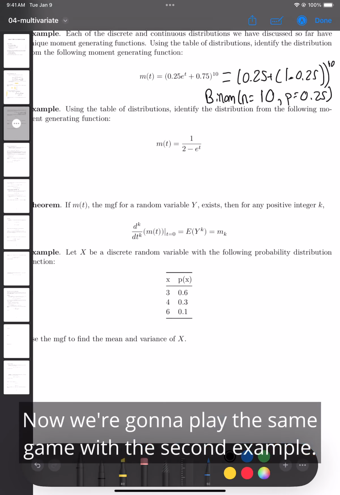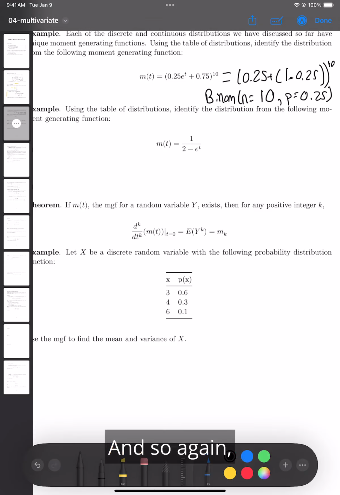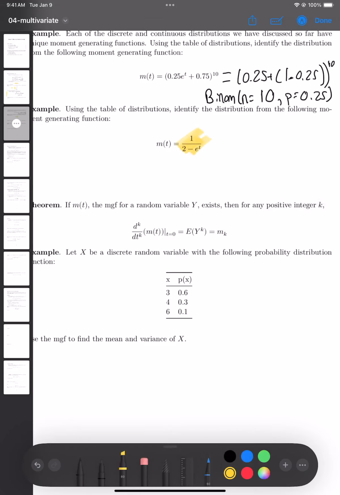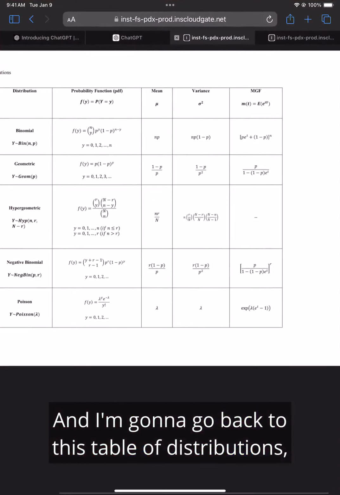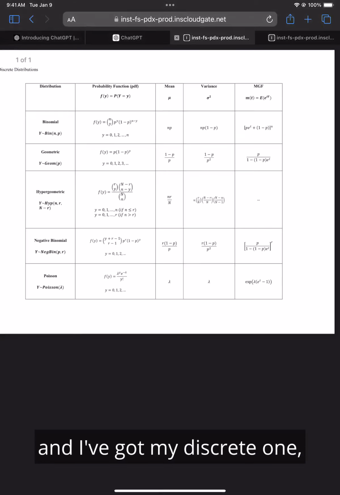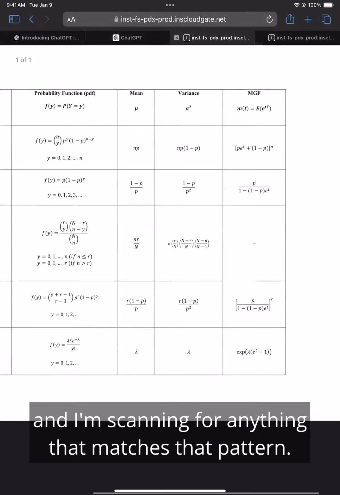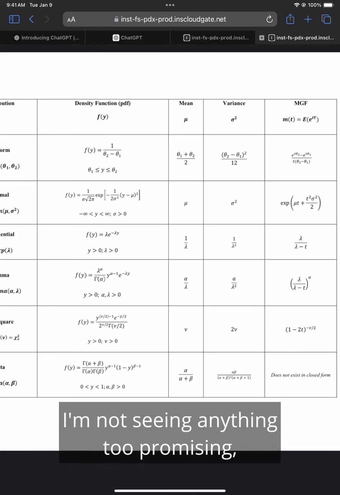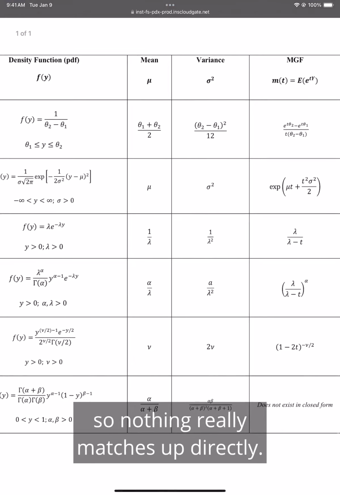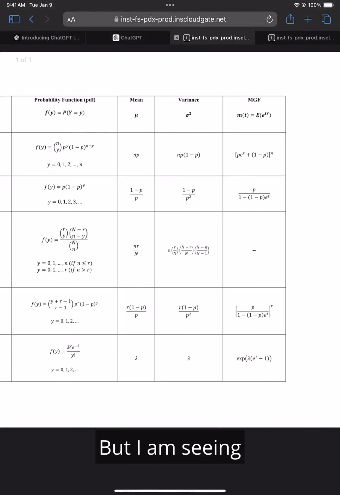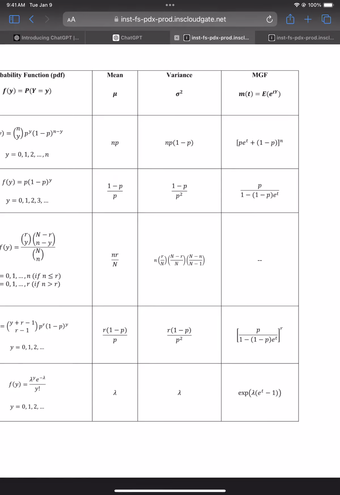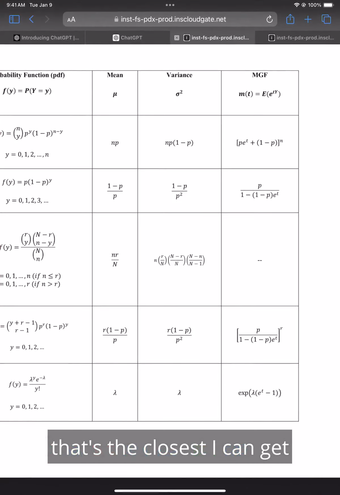Now we're going to play the same game with the second example. Again, I'm looking at this moment generating function, 1 over 2 minus e to the t. I'm going to go back to this table of distributions. Again, I've got my continuous one and my discrete one, and I'm scanning for anything that matches that pattern. On my initial scan, I'm not seeing anything too promising, so nothing really matches up directly. But I am seeing that the closest one looks like the MGF for this geometric random variable, because it's got this e to the t term in the denominator. That's the closest I can get,